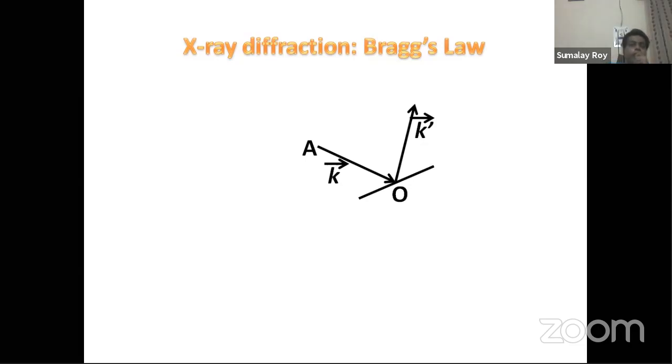So what is the physical reason that in all diffraction experiments, the magnitude of k remains equal to k prime? What is the reason? Anybody? Yeah, we'll come to the phase difference, but it doesn't matter whatever the phase difference is. That's why this angle is different. Arya said so phase difference will be there, right? Of course, there will be a phase difference. But that is not my point. My point is why the magnitude is equal.